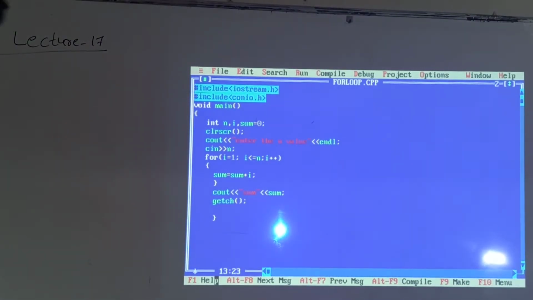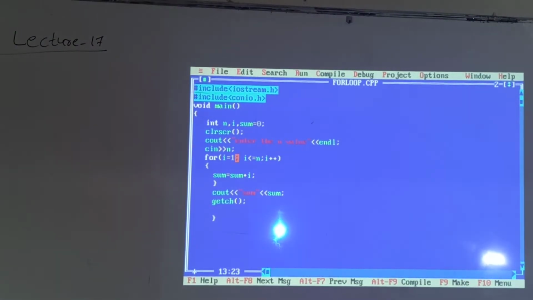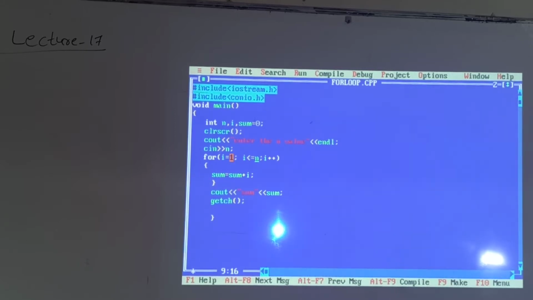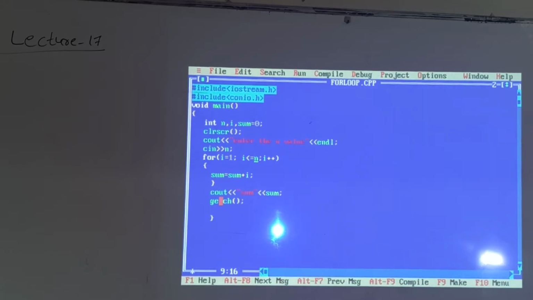See here, initial value of i is 1, 1 is less than or equal to 5, the condition is true. True means it will execute the statements. Initially sum value is 0, 0 plus 1, 1 is stored in sum. The initial value of sum is 0, the present value of sum is 1. Next, the loop will continue, i++, i becomes 2, 2 is less than or equal to 5, again the condition is true.